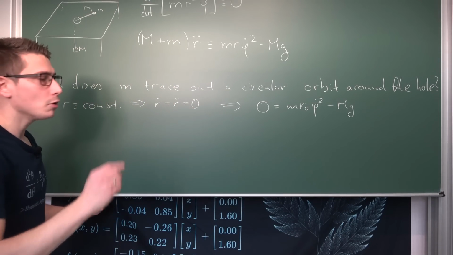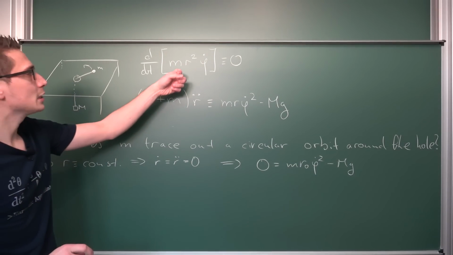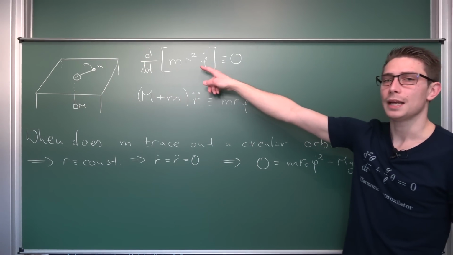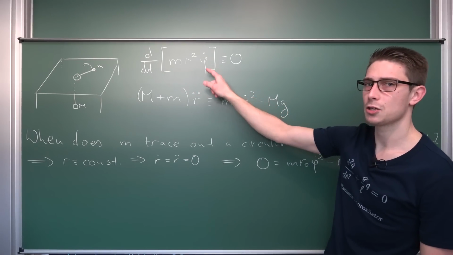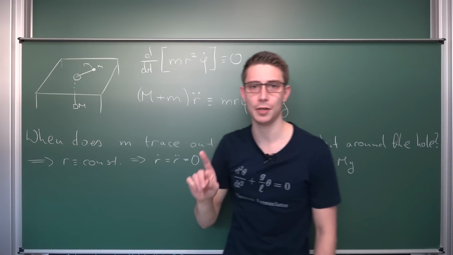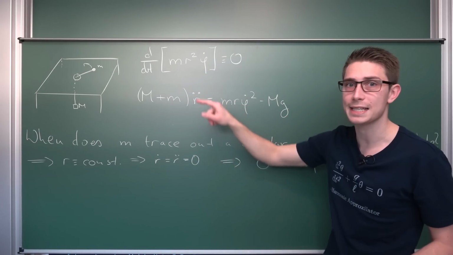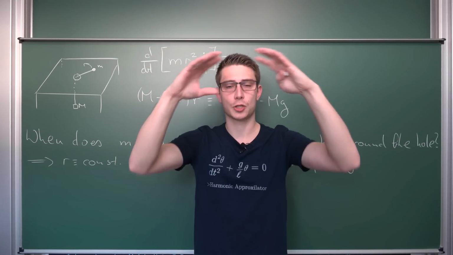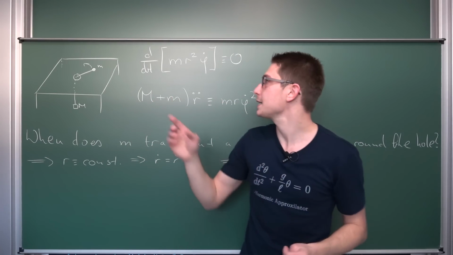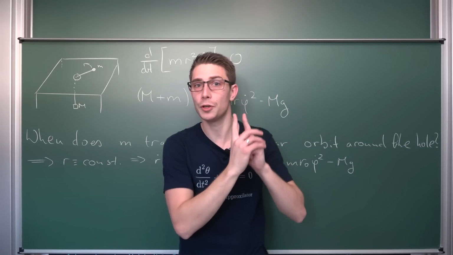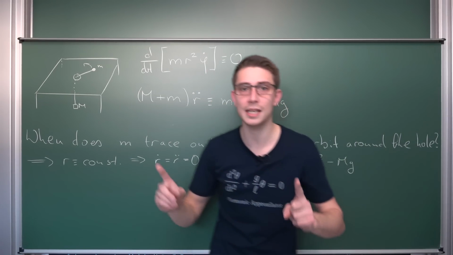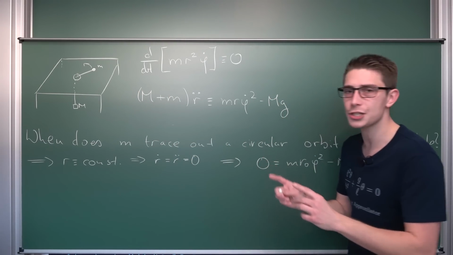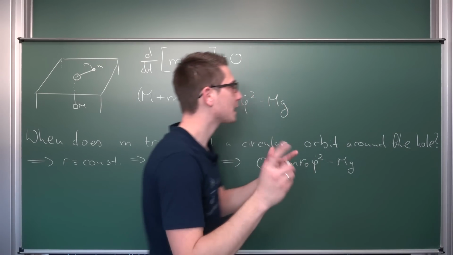Now, we are going to go a step further and take a look at what we have up here. Namely, this was one of the most interesting points in my opinion. If we take the time derivative of what we have in here, it's going to be 0. What do we have in here exactly? Well, if you have watched my video about the effective potential, you might notice that this right here is nothing but the angular momentum. If we differentiate some structure in physics like energy, or let's say the angular momentum, with respect to time, and it's going to spit out 0, on the one hand, that means that the angular momentum is constant, but on the other hand, that means that angular momentum in this system is going to be preserved, which is really cool. Conservation of angular momentum is going to be coming into play here.